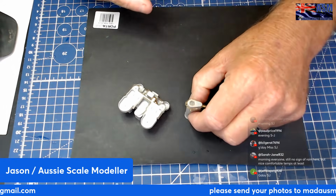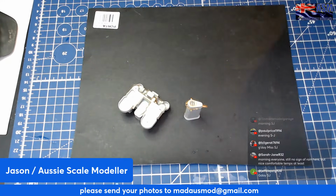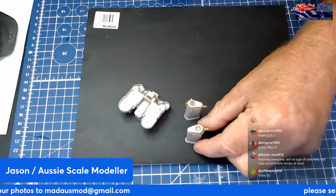Now there is a couple of tidy up bits I would like to do on these. They're not much, but it's just, again, my analness, I can't just sort of